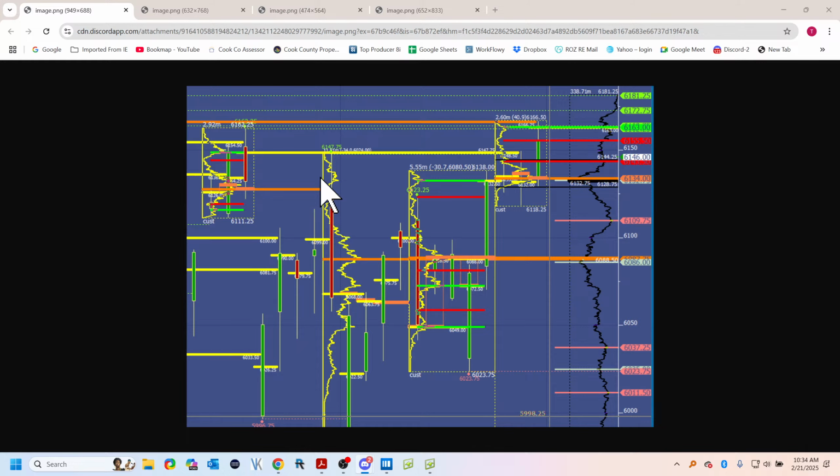It was and probably still is, as far as I know, the premier product for this approach to the market. Plus, it does everything else. And the other thing about it, just so you know, is it exports the data to Bookmap. So I don't have to put my levels in. They're automatic and they get updated in real time. So it's very cool.